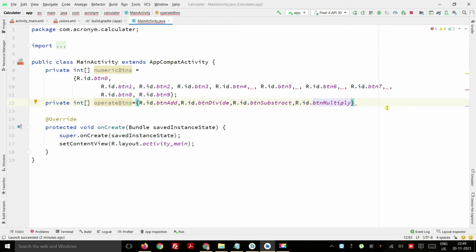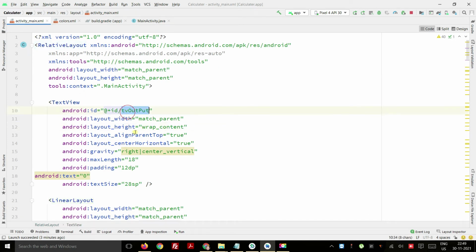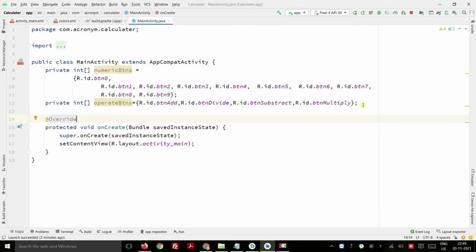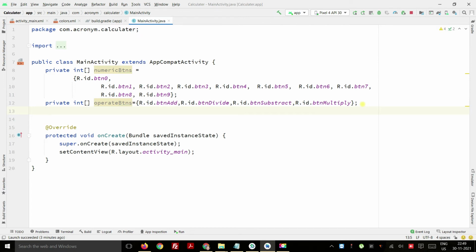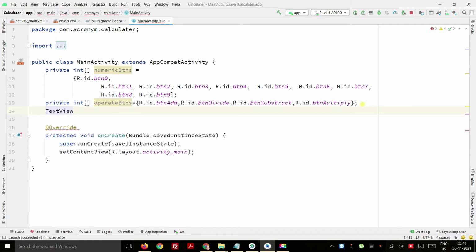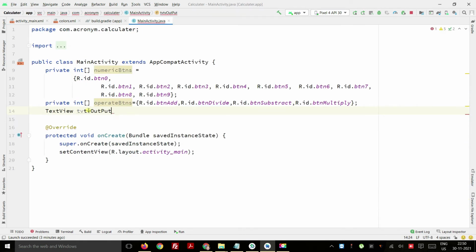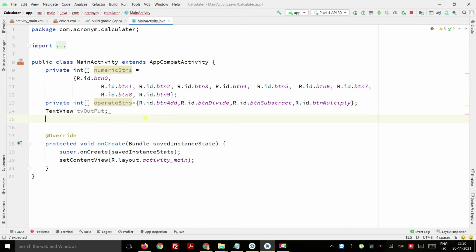Now the text view which we have here, we have double commas over here, so we have to be careful with that. Okay, so these errors are gone. Now we have to define the text view first, where the output will come. So we are going to define the output here. We will implement TextView, equals TV. We can simply take it as exactly output, and then semicolon and close it.